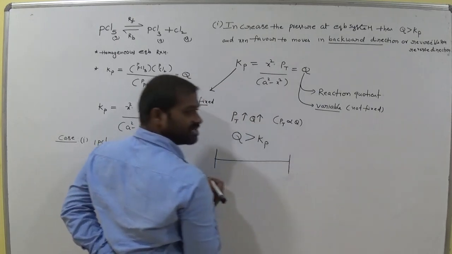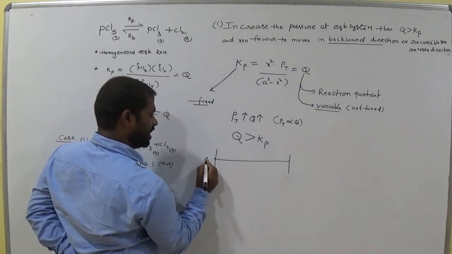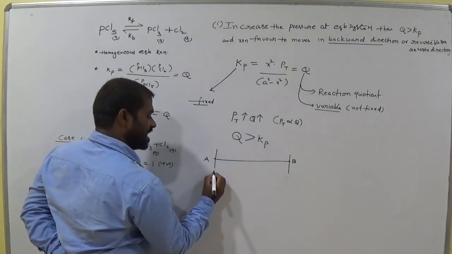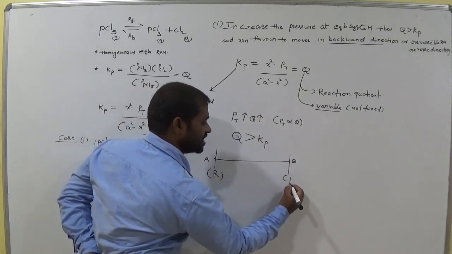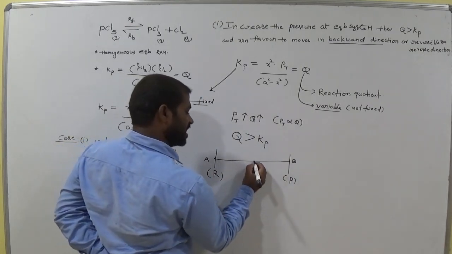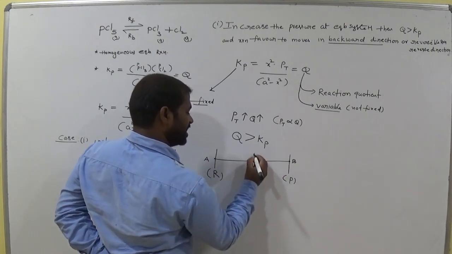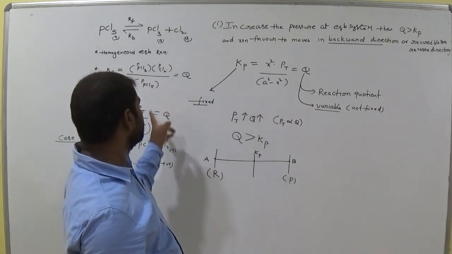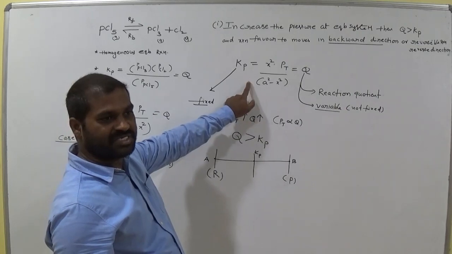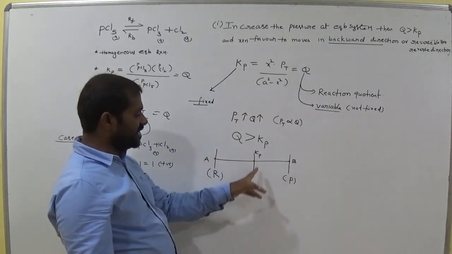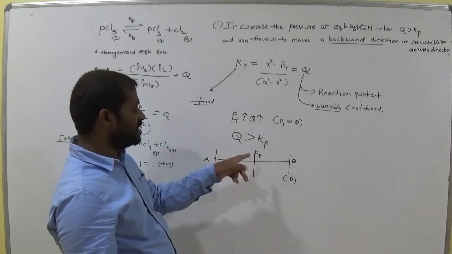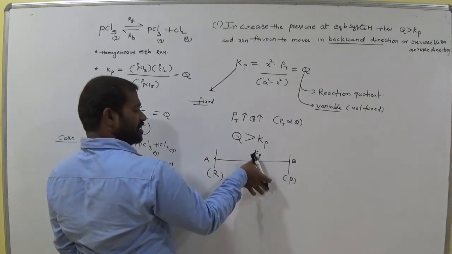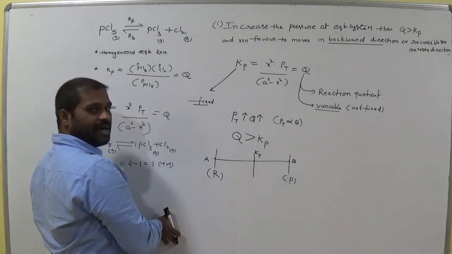This is the equilibrium reaction. The reaction starts at this point A. The reaction starts at this point B. Am I right? Now these are considered as reactants and this one is considered as products. Now this is the equilibrium point. The constant at equilibrium is here, Kp. Why is it Kp? Because the reaction is expressed in terms of partial pressure. Suppose it is Kc, I would like to take Kc here. So here it is Kp, that means the equilibrium constant in terms of partial pressure.